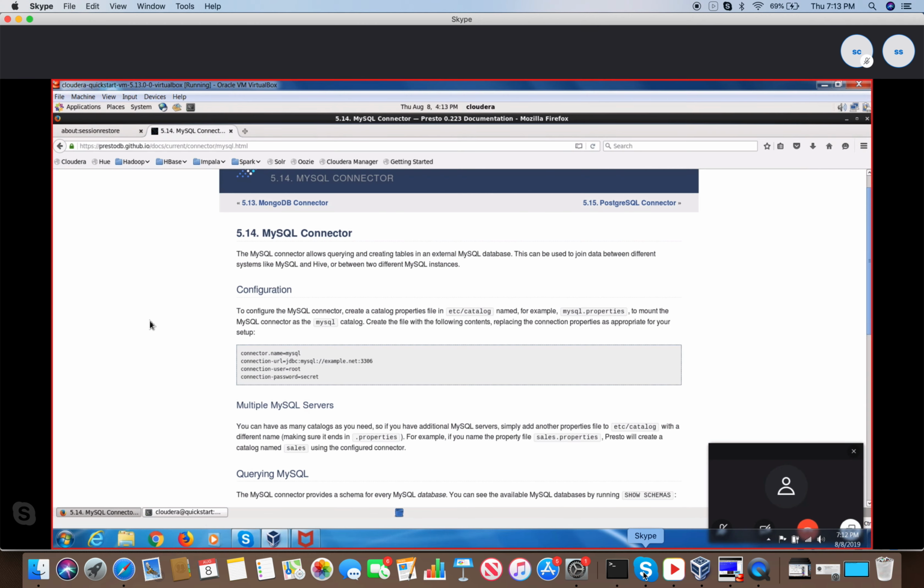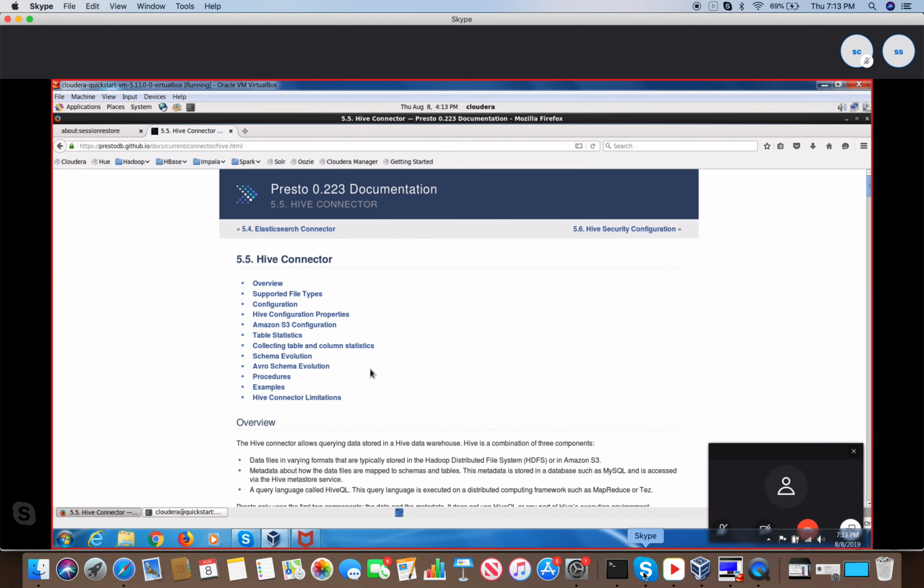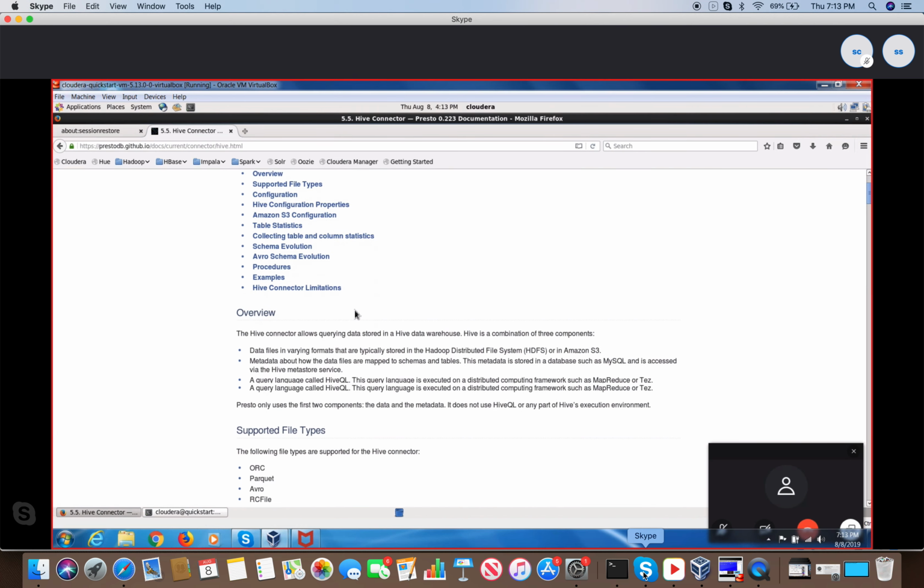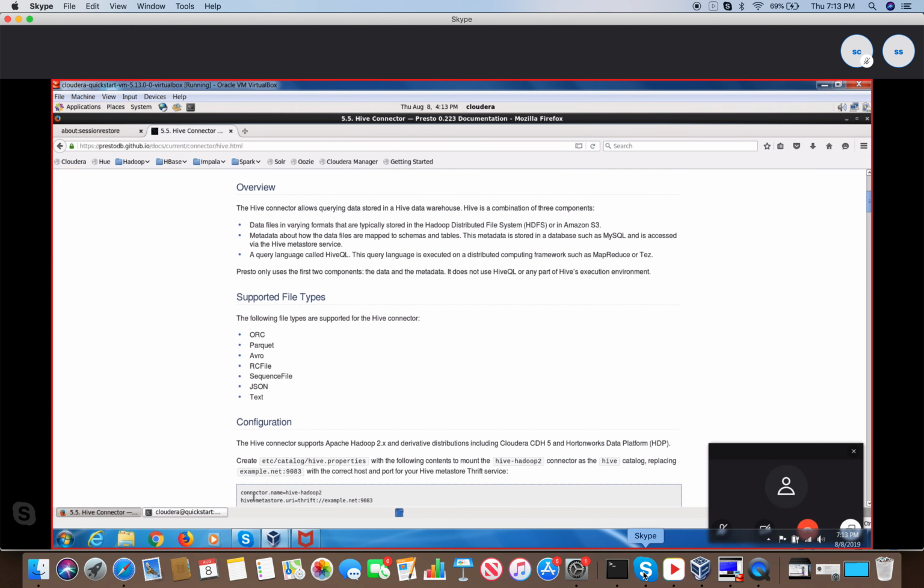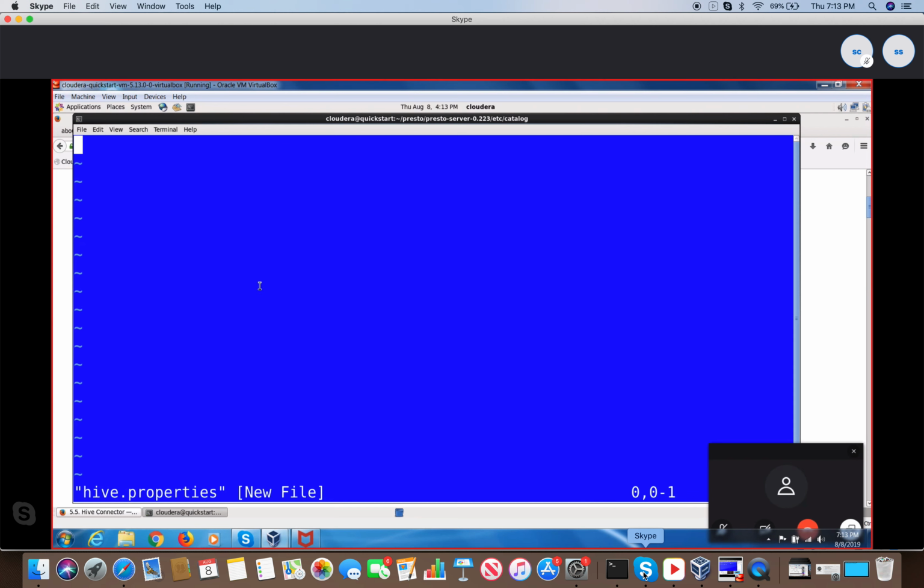What are the details, Surya? Hive connector details. What are the user details? Only 2 lines. Only 2 lines. And localhost. Copy. Paste. And change this into